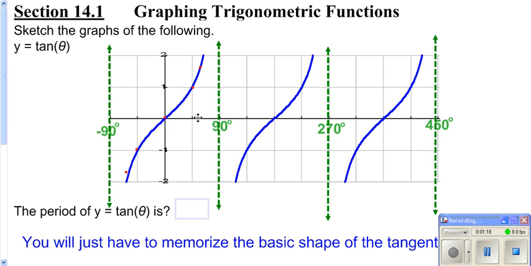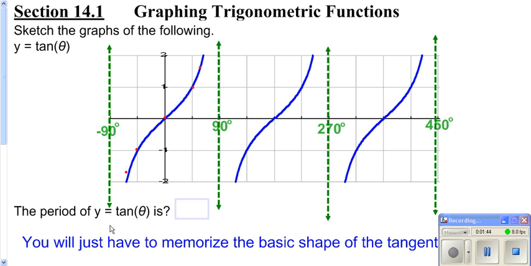Because as you get closer and closer to 90, your y coordinate gets closer to 1, while your x coordinate gets really close to 0. And 1 divided by something really close to 0 ends up being a really big number. So the closer you get here, the faster this goes up, and it gets really close to this vertical line but never really touches. For the most part, you're going to just have to memorize the basic shape of your